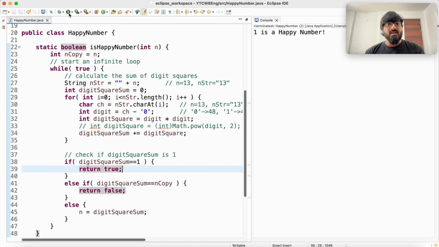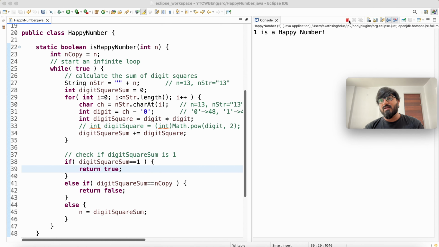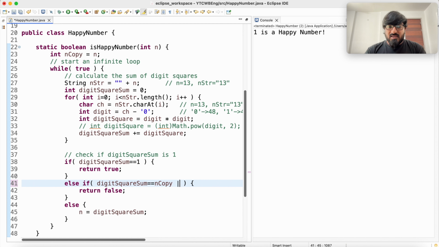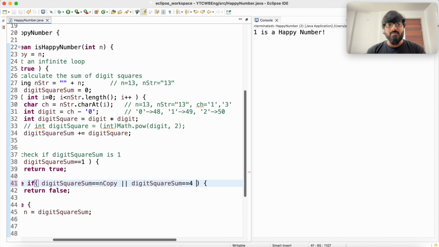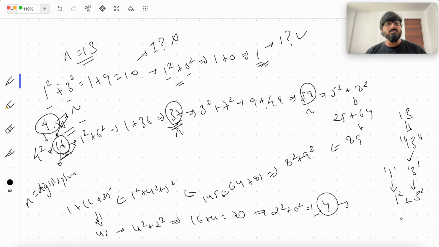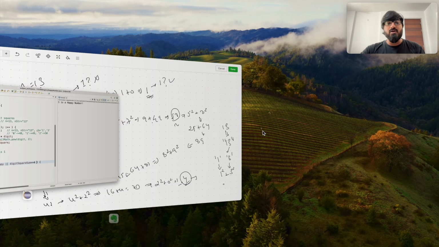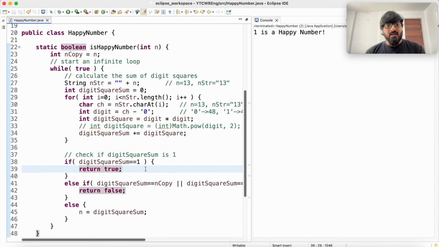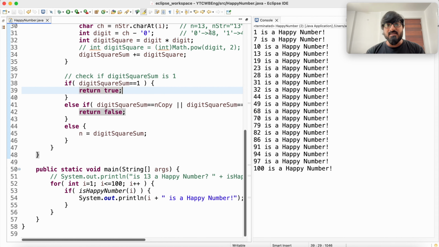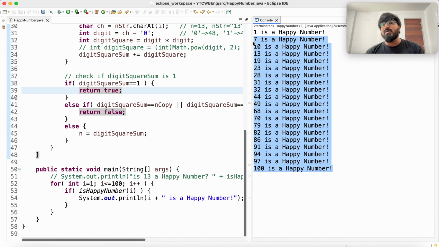Do we have any improvement in the performance? No, still the red light on. The other major optimization is, you say if digit square sum is 4, that is somewhere in this sequence of generating continuous values of digit square sums, you find a 4. It means it is not a happy number, because you are going to end up with 4 again and the cycle continues. So finding a 4 is basically detecting a cycle, which we are doing in a separate case. Once we do this, we see there is a clear change in performance